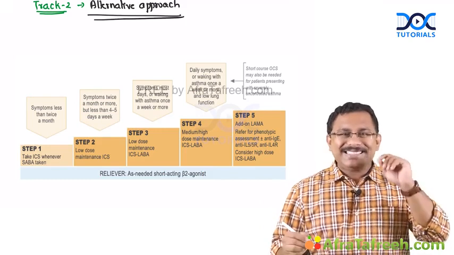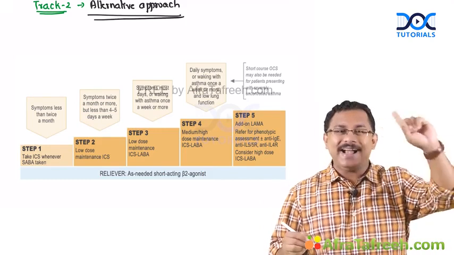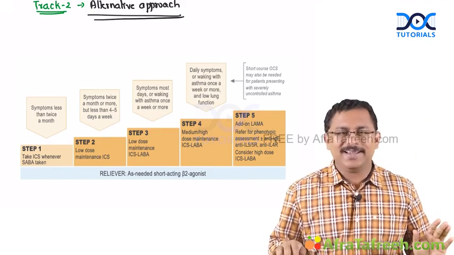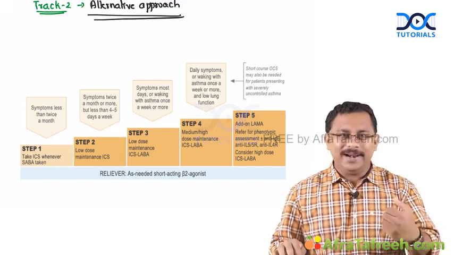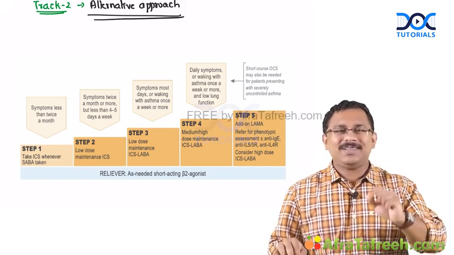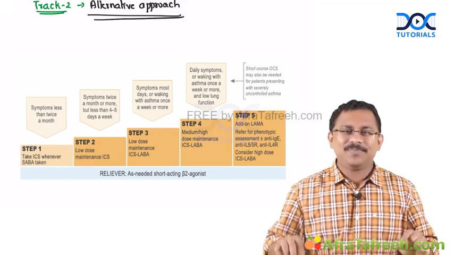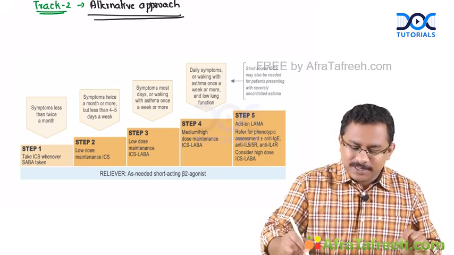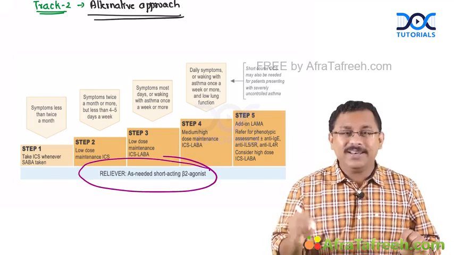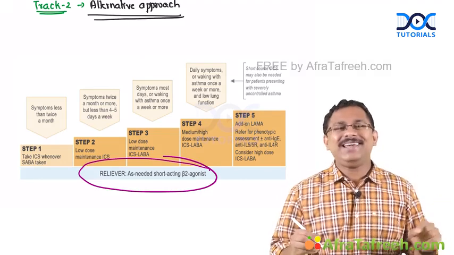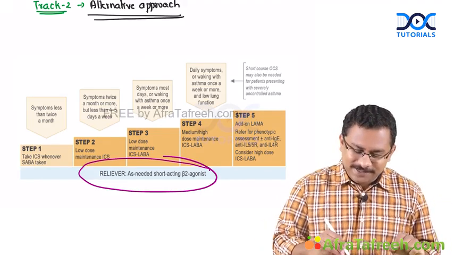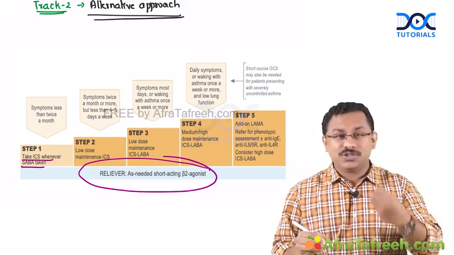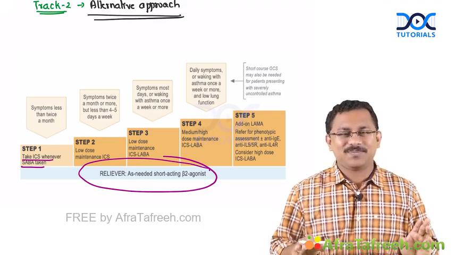Now, you see, in step 1 and 2, in case of track 1, I told you, the reliever therapy was acting as the controller as well. But here in step 1, whenever you have a patient with the exacerbation of asthma, in case of your track 2, along with your SABA, you should definitely give a controller medication. That is, you have got to give the patient inhaled corticosteroids also whenever you are taking SABA, which means,